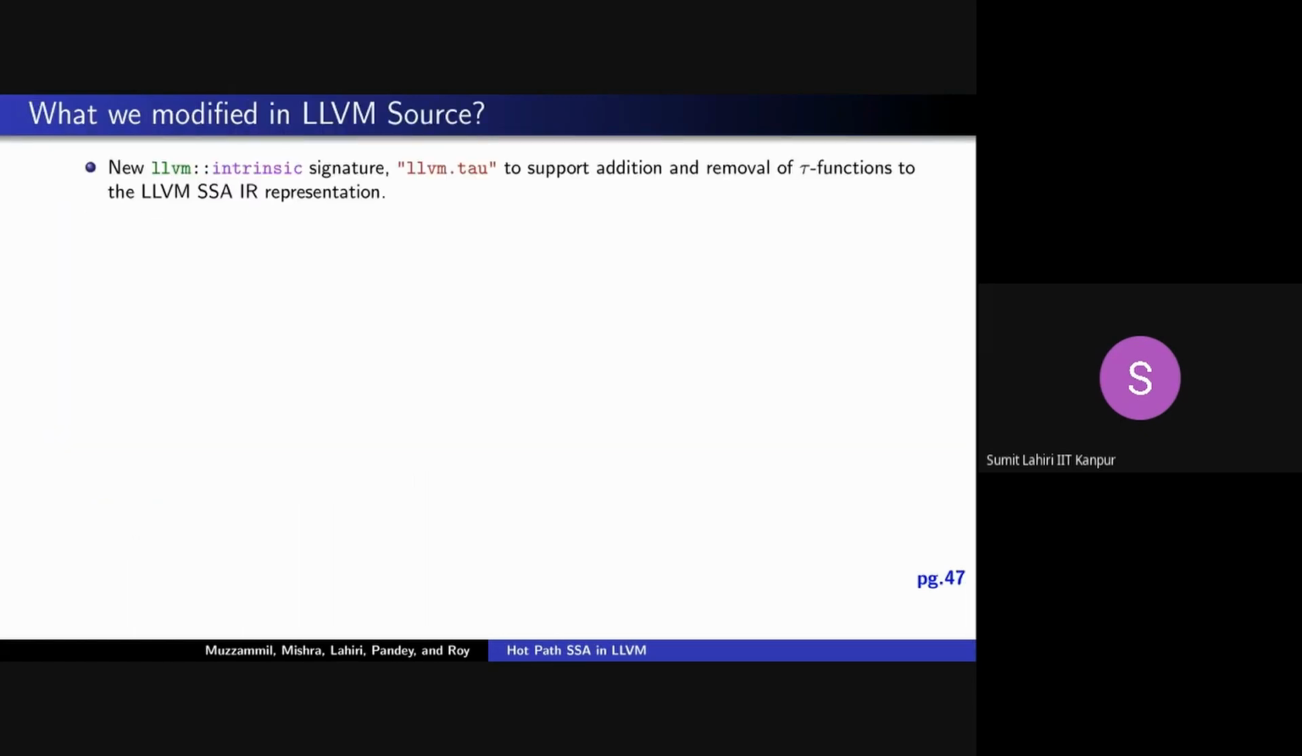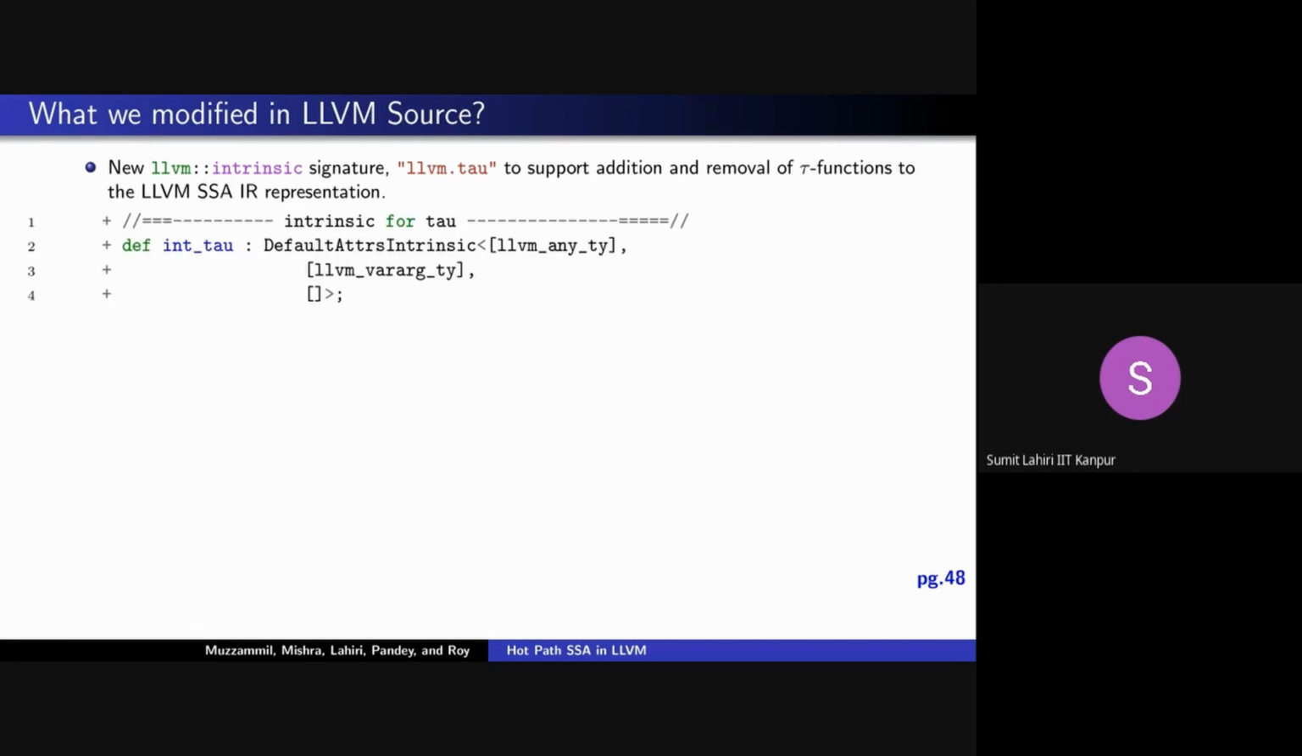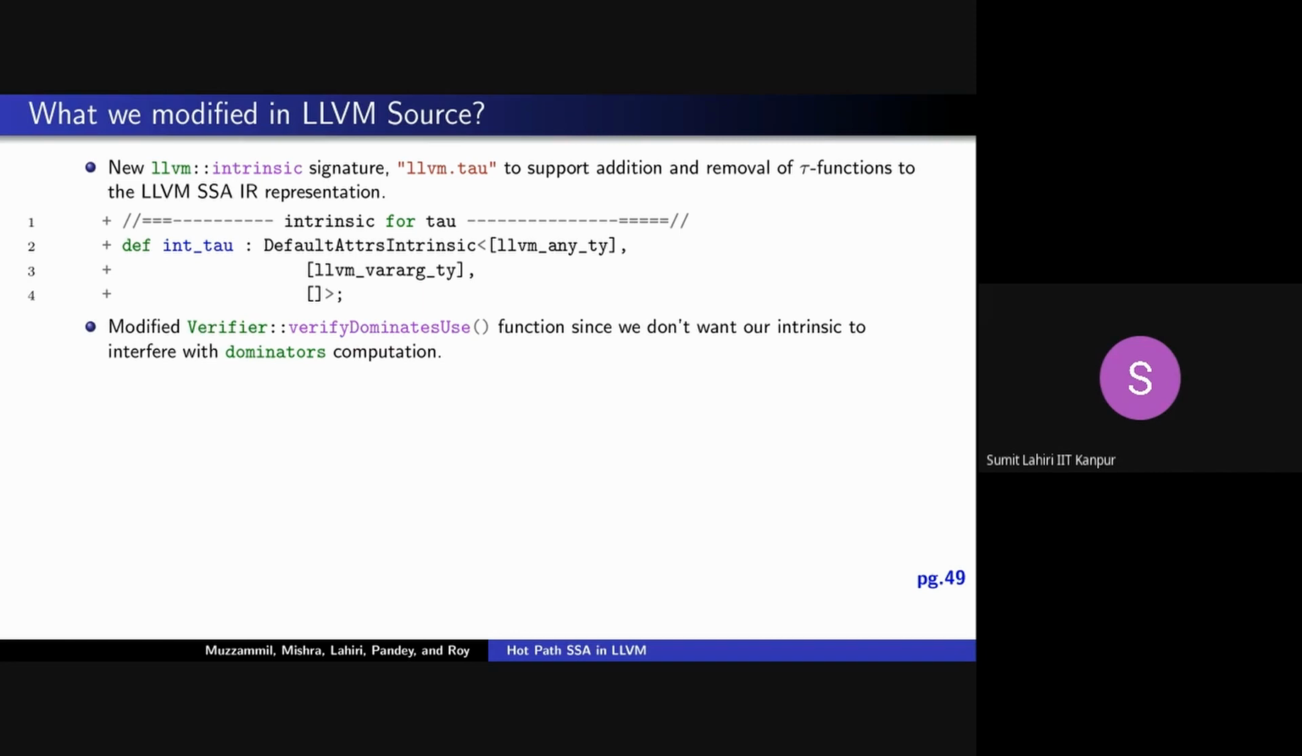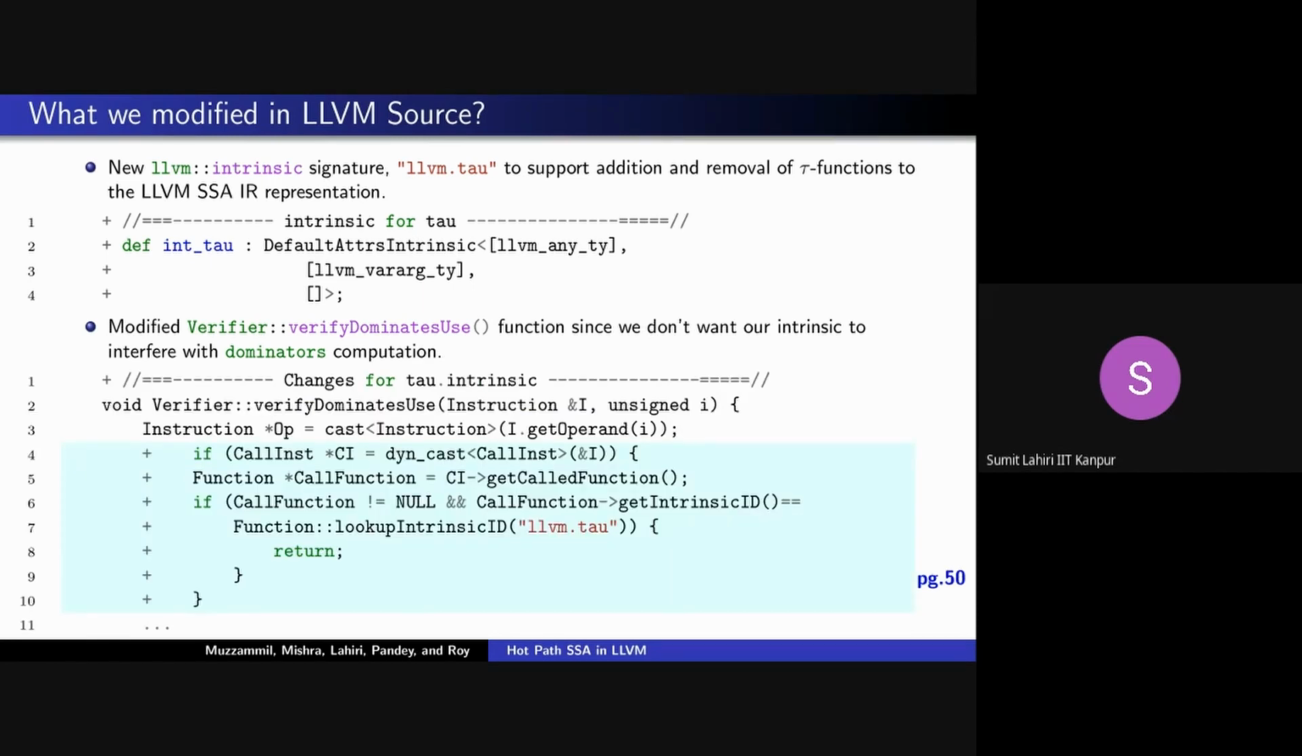How did we implement HPSSA? Well, we added an LLVM intrinsic signature, llvm.tau, inside the LLVM intrinsics file, saying that this will be a new kind of pseudo function, which will support addition and removal of tau functions. Along with that, we modified the verify dominate users function because we did not want LLVM to treat